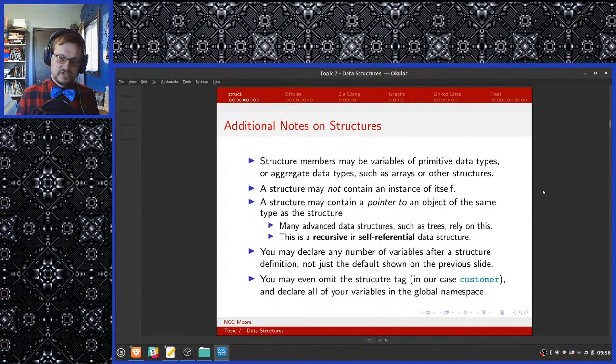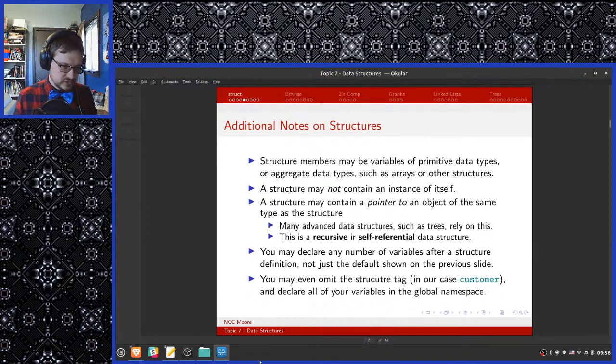This is a recursive or self-referential data structure. Recursively defined data structures are extremely useful. You may declare any number of variables after a structure definition, not just the default shown on the previous slide. You may even omit the structure tag, in our case customer, and declare all of your variables in the global